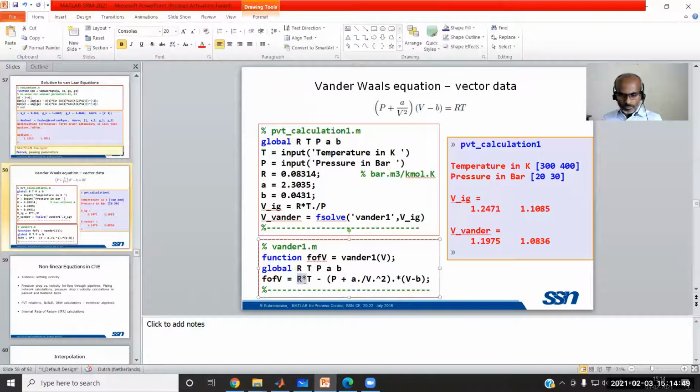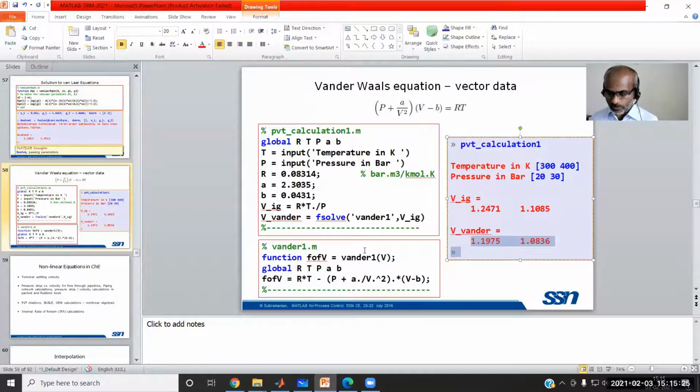This r is simply a scalar. So before multiplying with a scalar, we need not have any vector operation. Whereas this v is a vector because it is a range of values of v. So for a vector, for the division we need a dot before it, and prior to the multiplication and prior to the exponentiation we also need a dot. Simply, this is the alteration. And because of that, we can input a range of temperature and a range of pressure. For this range of temperature and pressure, it is calculating volumes.